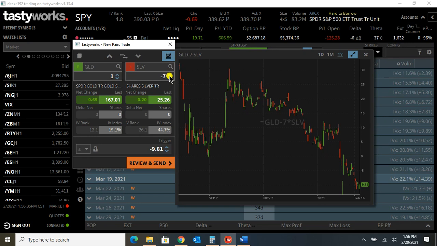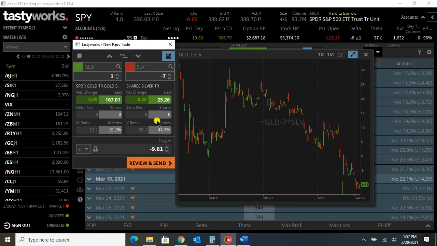Basically, what the volatility does is tell you what the expected move is for each of those underlyings. So on this pairs trade, there's this IV rank and IV index. The IV index is based on the options pricing. What does the option market expect that underlying to move over a 1-year period? So over a 1-year period, the options market is pricing in a 19.1% move in gold and a 44.7% move in silver. So with this, if you did 1 gold and -7 silver,